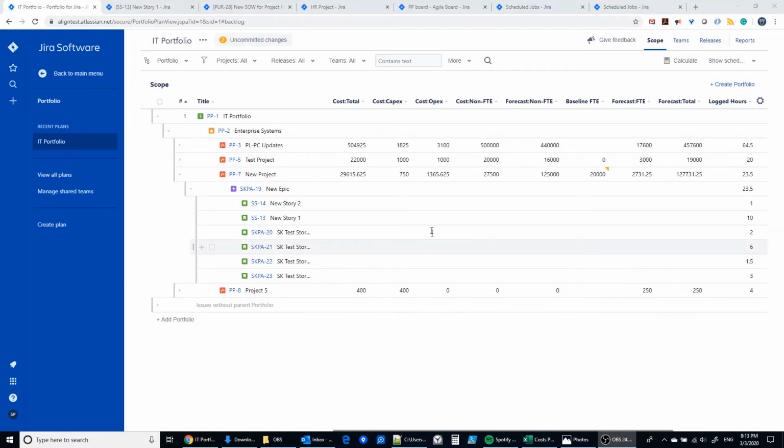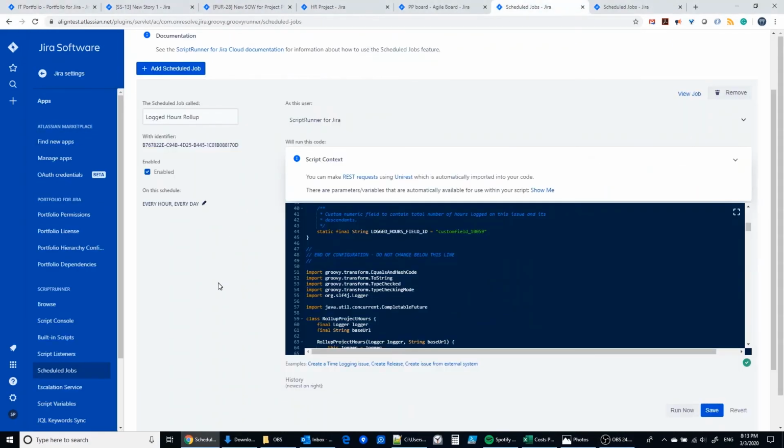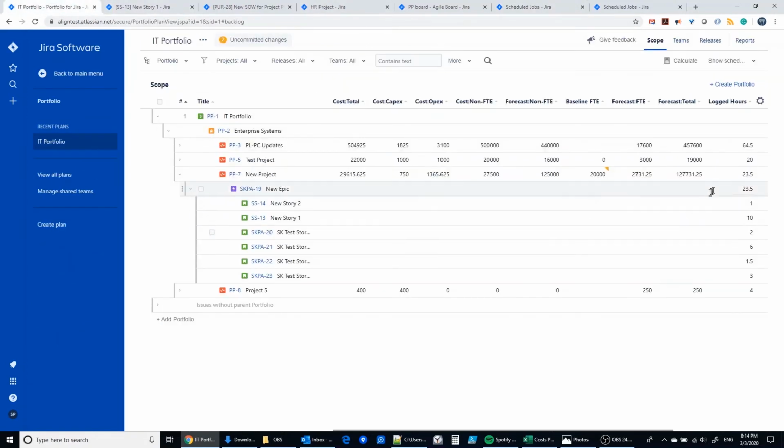Now this calculation that's going on here, there's a lot of calculation being done here, and we're on a cloud instance, and what we're using to do this is Script Runner, and we're using Script Runner to schedule jobs. This is an example of the logged hours rollup script that we're doing, and it runs every hour and every day, and it rolls up the one field that you see over here, the logged hours. So its purpose is strictly to total up the logged hours for every issue type, so that we know how many hours are actually being spent on this particular